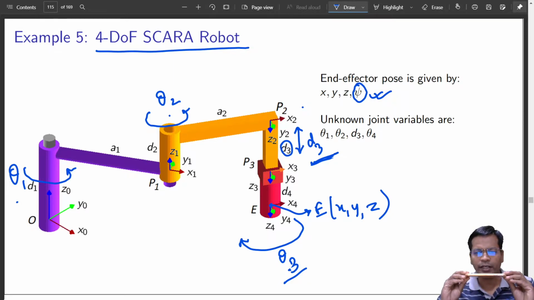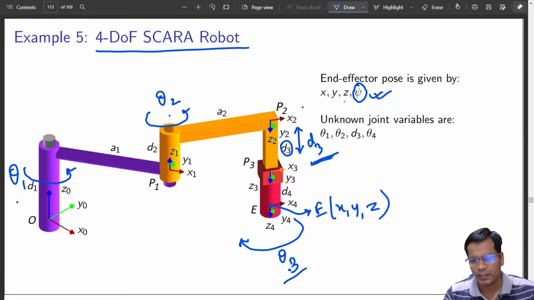And what it cannot do? See, it has 4 degrees of freedom, so that means it cannot do 2 additional motions. What are they? That is roll. This end effector Z axis, it cannot roll, and also it cannot pitch, got it. So rolling and pitching is absent, yawing is there, positioning in all 3 axes is there. That means these are the 4 degrees of freedom it has. So it doesn't have 2 of them.